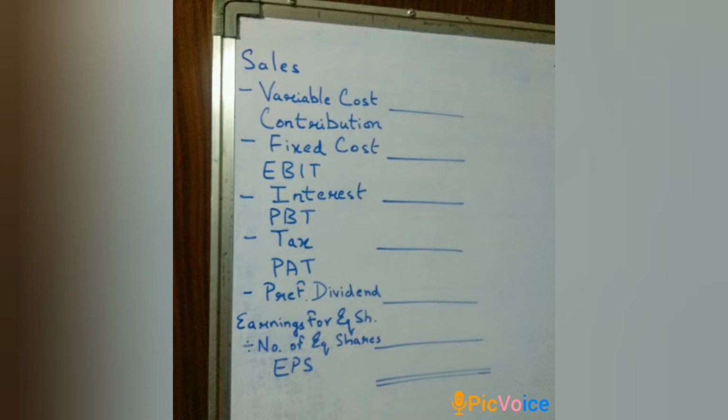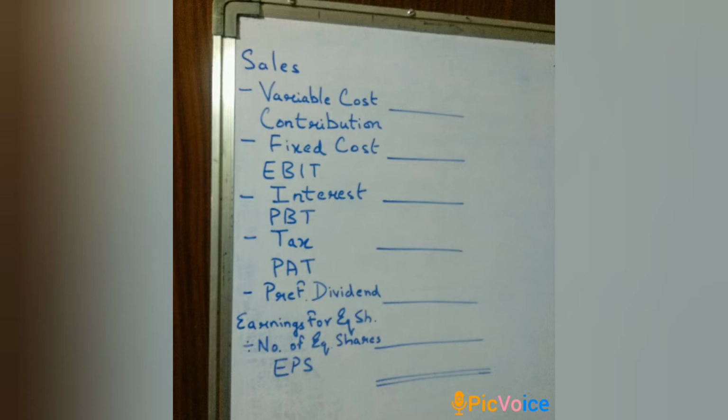So first of all, we have sales. From sales, we subtract expenses. Now these expenses can broadly be categorized as variable and fixed. Variable expenses means expenses which change with the volume of operation, whereas fixed expenses, as the name suggests, will remain the same or fixed. So first we'll subtract variable expenses. After subtracting variable expenses, what is left is called contribution margin or just contribution. From contribution, we subtract fixed expenses to get EBIT, or earnings before interest and tax, also called operating profit.